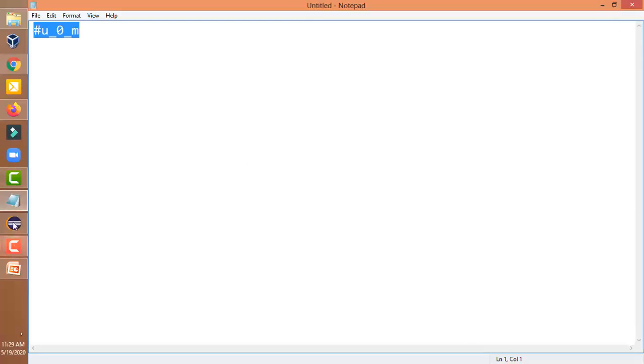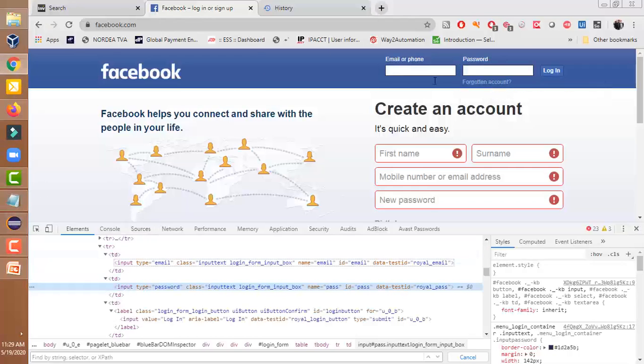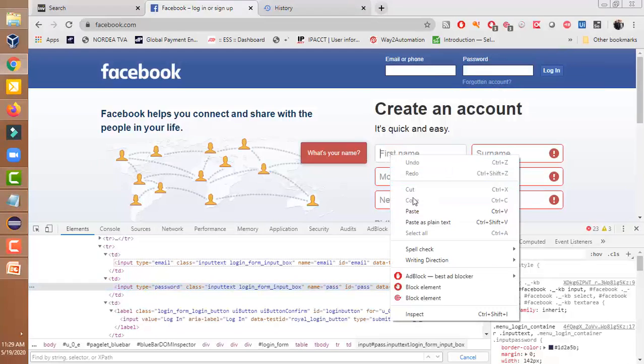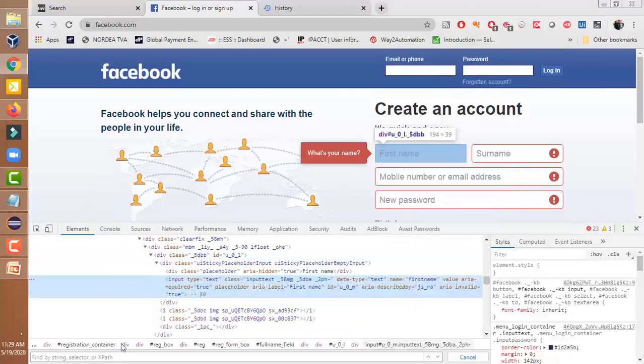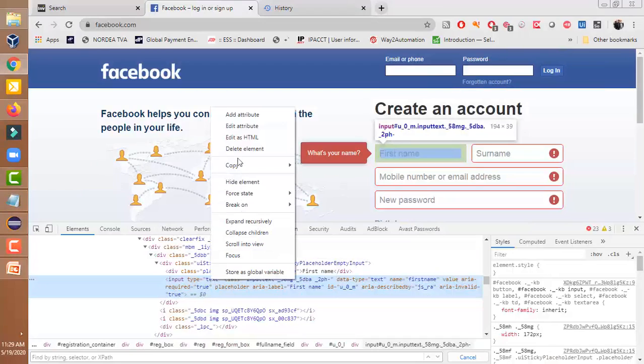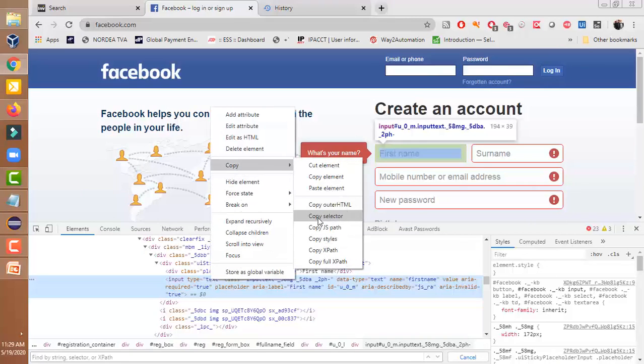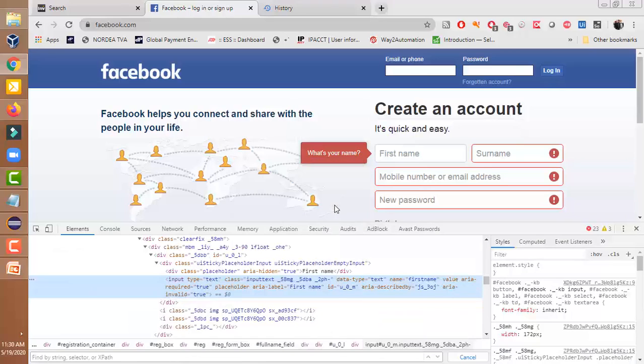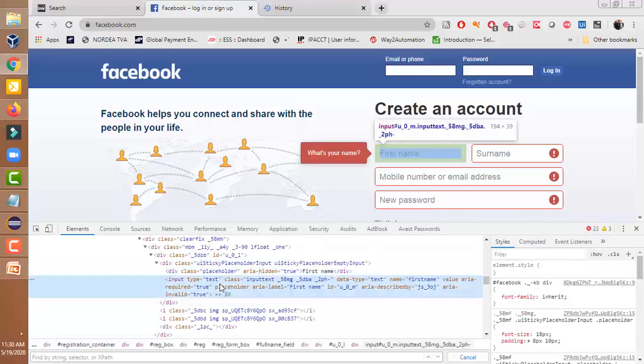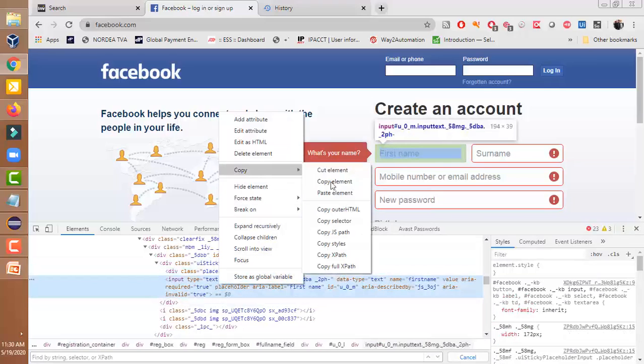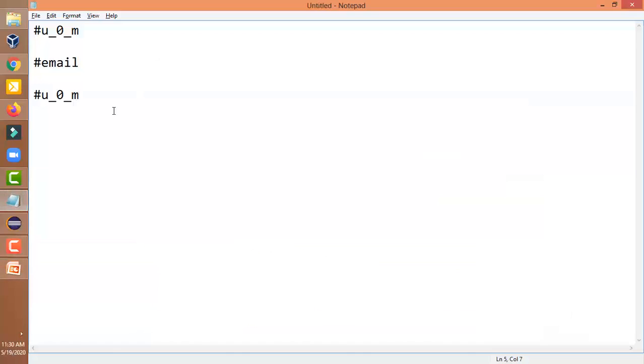Now let us check, as we are using the Chrome browser, whether it is the same in Chrome or not. Inspect this, right click, go to copy, select the copy selector option, and paste it.